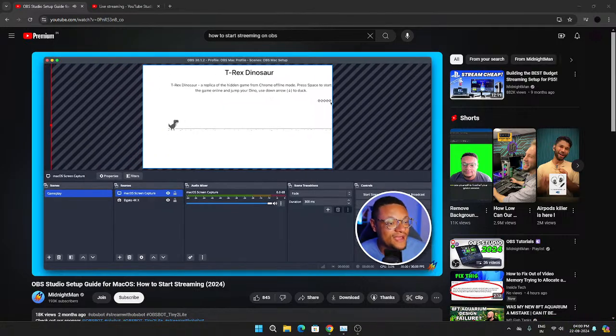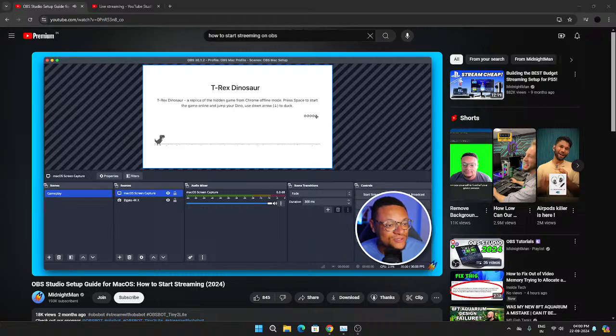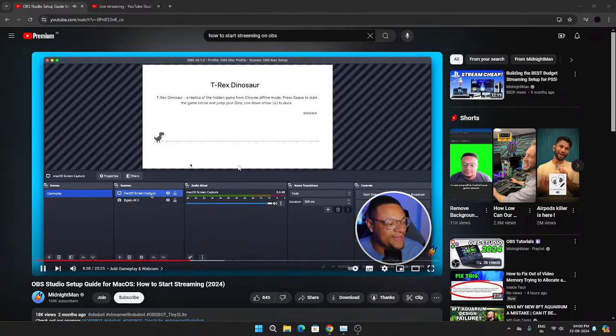And all I need to do is move around and resize the application window here. And what's also nice is that with the macOS screen